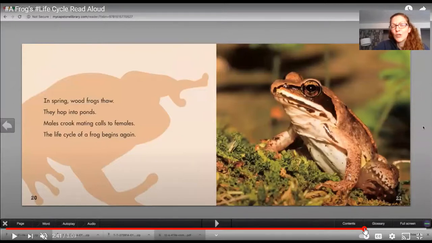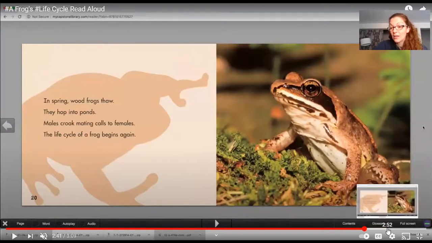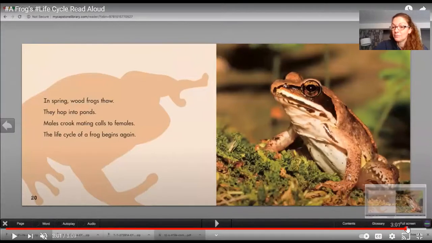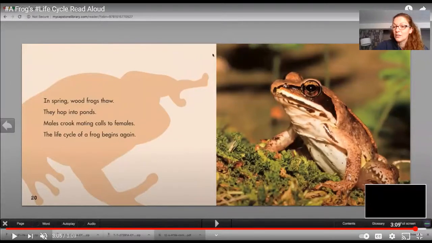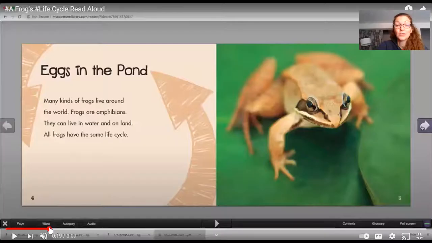So once they're ice cubes in the winter, in the spring when it gets warmer, they thaw out, or all the ice melts. So they are alive again. Frogs are pretty amazing. And then the life cycle starts all over again, just like our regular life cycle goes in circle and circle. So it goes from eggs,